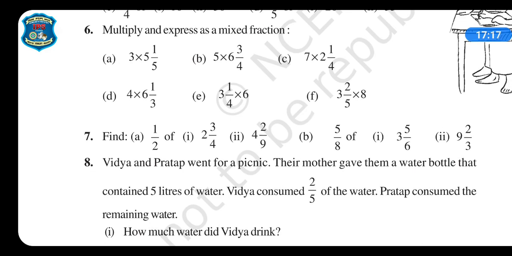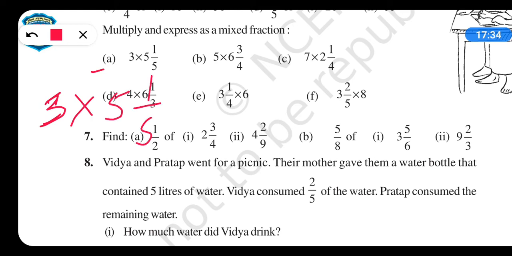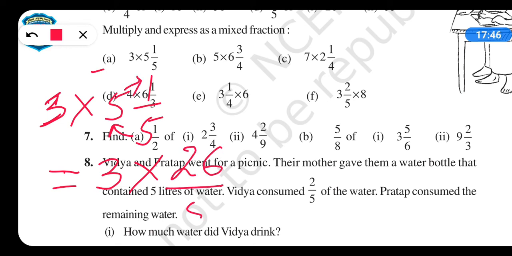Again almost all questions are the same. Just the method is the same in all the questions. Let us have a look at the sixth question. First one is 3 multiply 5 whole 1 upon 5. So first let us write 3 multiply. Now 5 into 5 is 25. 25 plus 1 is 26. So it is 26 upon 5. Right? Now solve it. Can you cancel any number here?